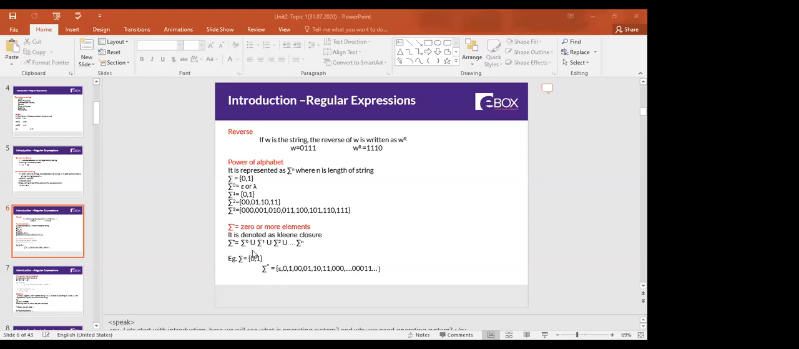Why is this empty symbol taken? This is 0 power star, 1 power star. 0 power 0 is empty. 1 power 0 is also the empty symbol only. So the empty symbol, and after this 0, 1 will be taken. So 0 power 1, 1 power 1. Next is 0 power 2, which means 2 zeros will be taken. Like this, if you take power 2 when you put this symbol, 2 power 2, it will be repeated 4 times. So that is the idea of this